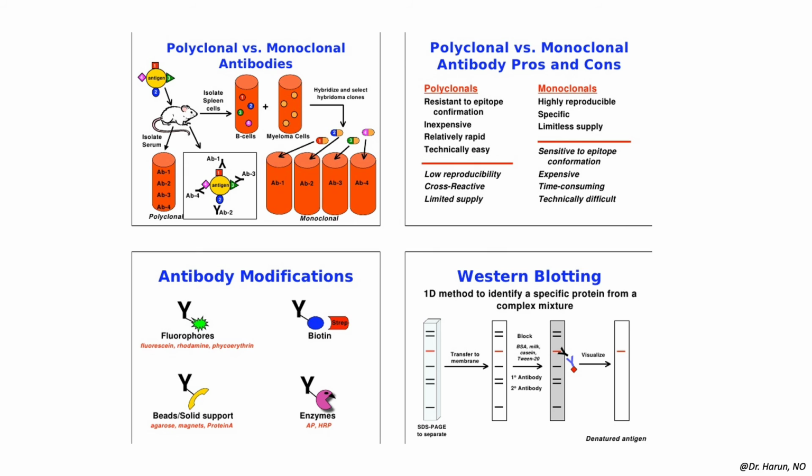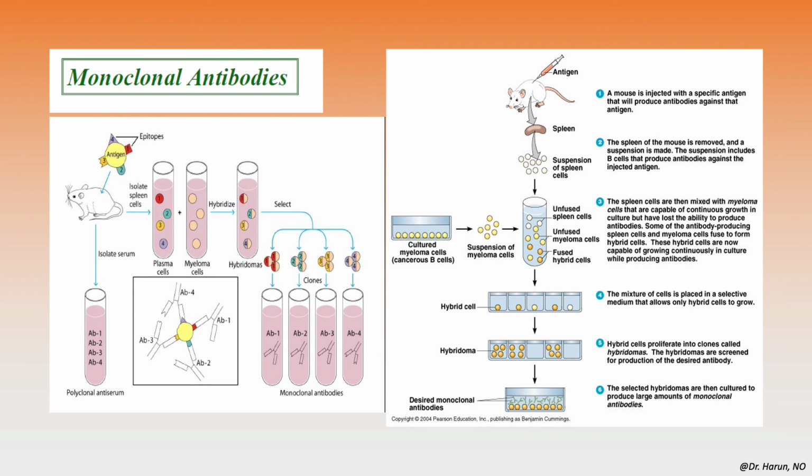Again, this picture shows you the polyclonal versus monoclonal antibodies taken from the isolated serum from a lab mouse. Okay, and this is how it looks like, dan juga bagaimana the production of the polyclonal and monoclonal antibodies. Another slide shows you the production of the monoclonal antibodies. You take a serum isolated from a lab mouse. Okay, and this figure shows you the process macam mana kita inject the antigen to this particular lab